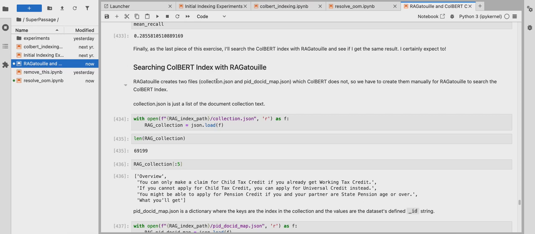To do this, I need to create two files that RAGatouille is going to expect. So RAGatouille expects collection.json, which is basically just a list of all of your collection texts. And then PID docID map, which is a list of the index in the list to whatever ID that you want to define. And in our case, the dataset already comes with an underscore ID value, which is what